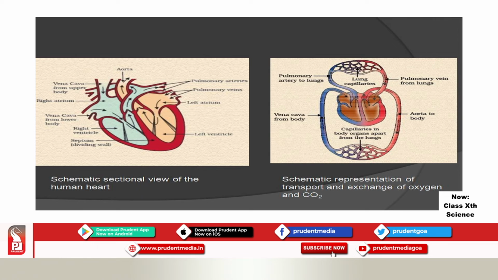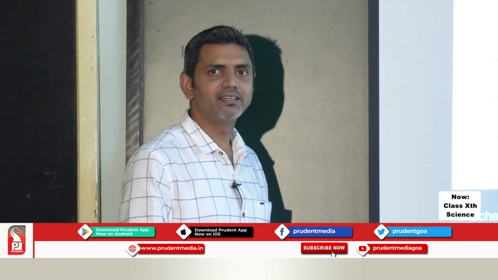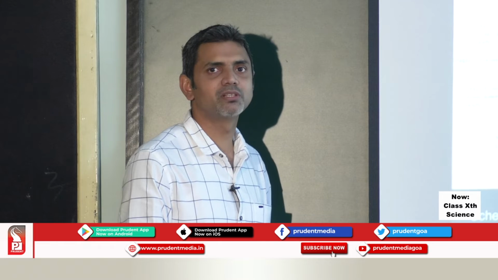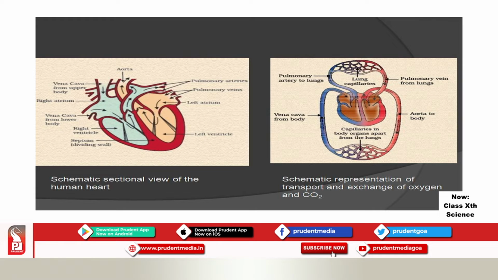When the right atrium collects the blood, at that time the right atrium will be in a relaxed position. After some time the right atrium will contract, and the blood will enter the right ventricle. When the right ventricle receives the blood, it will be in a relaxed position. After some time the right ventricle will contract, and due to that the blood again comes out of the heart, and this deoxygenated blood, rich in carbon dioxide, is transferred to the lungs